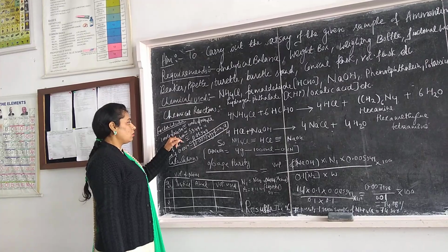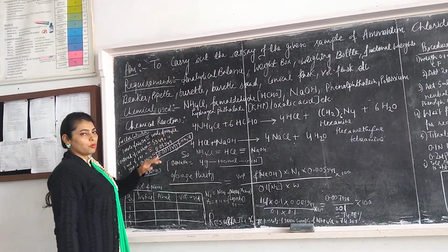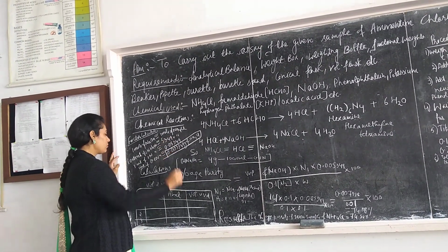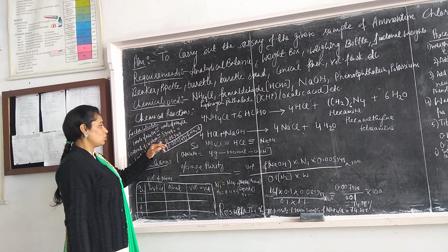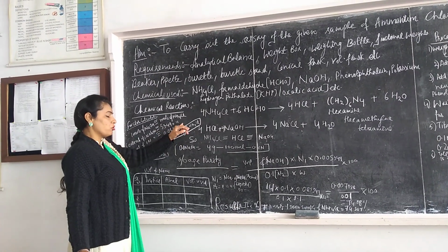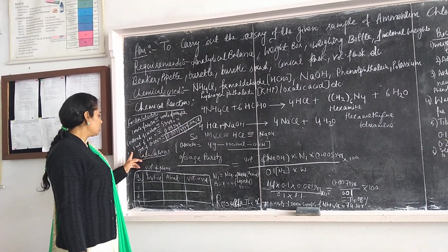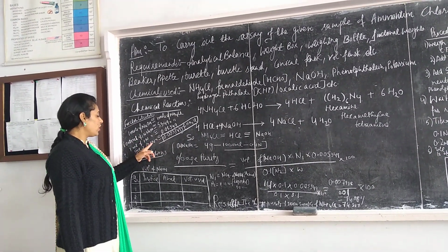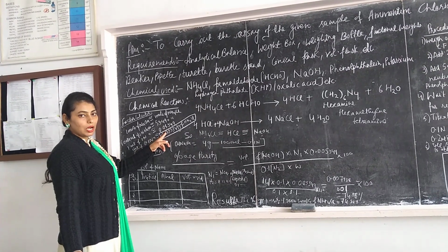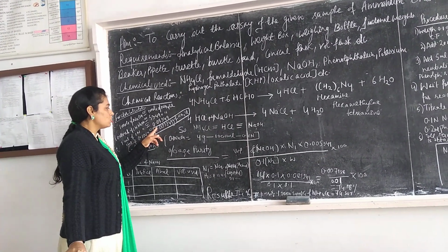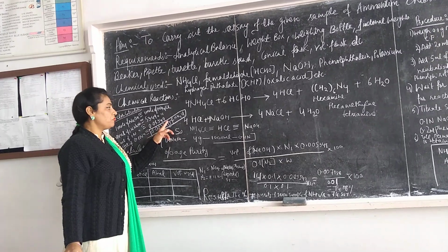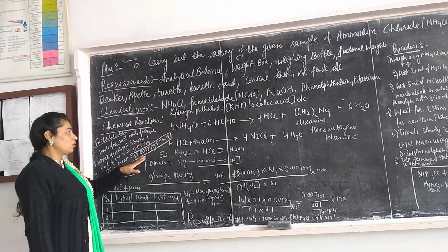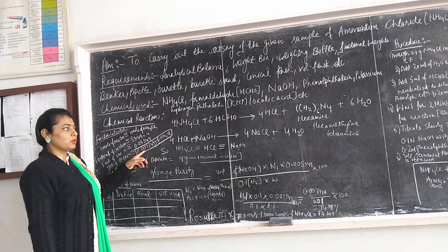1000 ml किसके इक्वल हो जाएगा? The molecular weight of ammonium chloride is 53.49 gram. So 1 ml किसके इक्वल हो जाएगा students? 0.05349 gram of ammonium chloride. And if we are calculating according to 0.1 normal, तो 1 ml के अकॉर्डिंग क्या हो जाएगा? एक डिजिट आपका और आगे आ जाएगा. So this is equal to 0.005349 gram of ammonium chloride. So this is our factor calculation which is required in the percentage purity calculation.